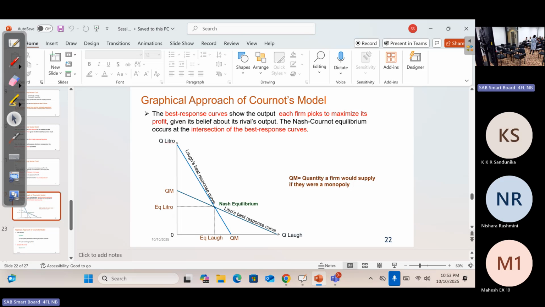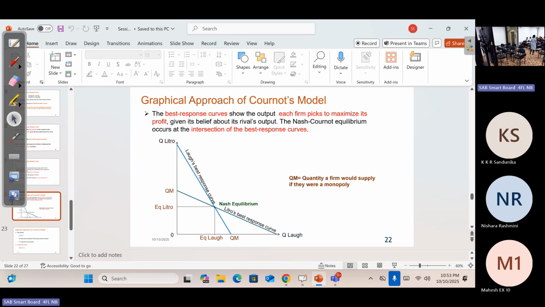Then we come to the non-cohesive oligopoly. That means they are not coordinating with each other, but competing with each other. What are the two options? First one, last day we learned the kinked demand curve model, and the second one, the Cournot duopoly, right?